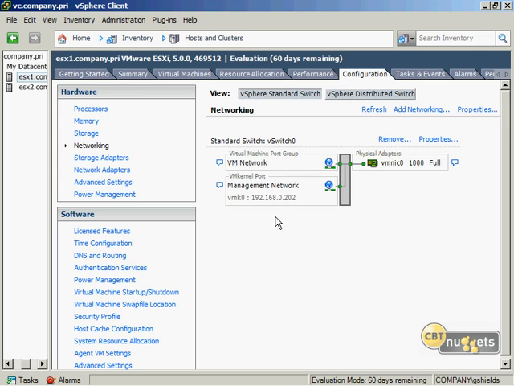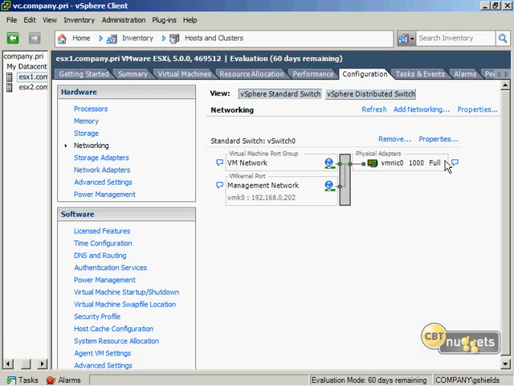Also connected to this vSwitch is a virtual machine port group called vNetwork. And any virtual machines that are actually on ESX1 could potentially be added into this virtual machine port group so that they would get whatever IP addresses are available to that port group. Now, this is, again, the logical side of the network, and on the other side is the physical side of